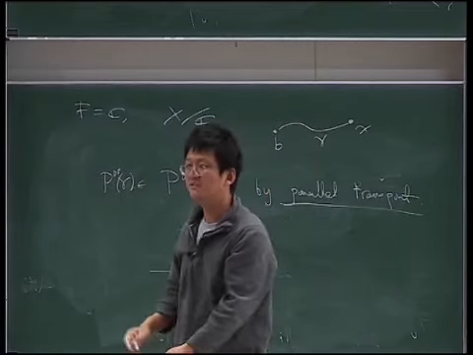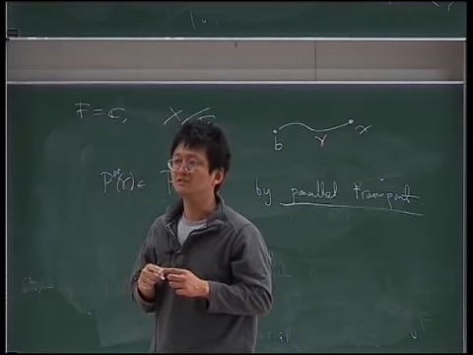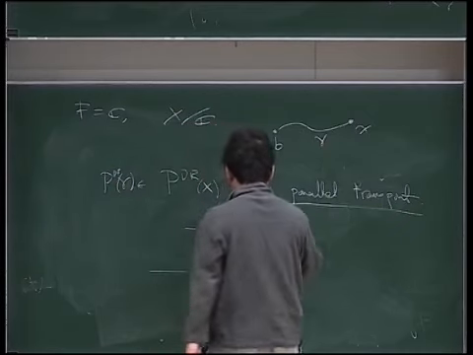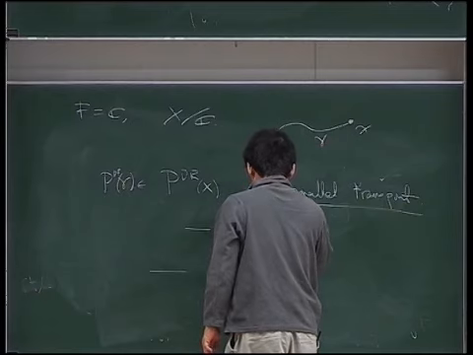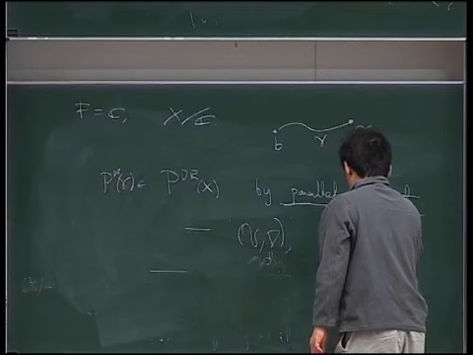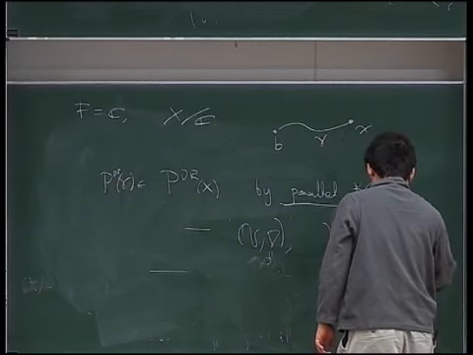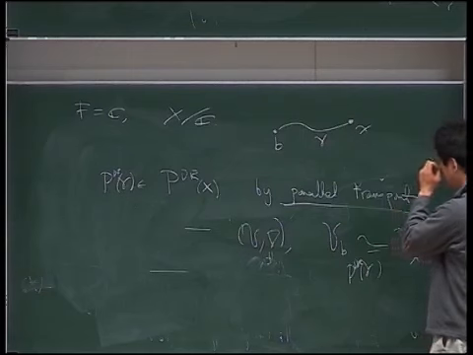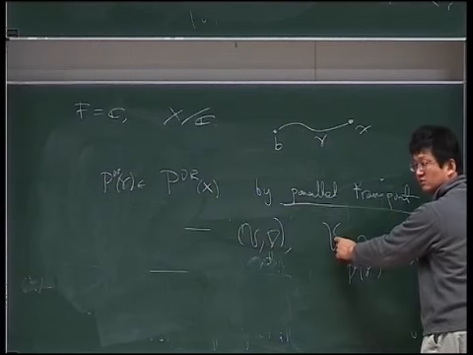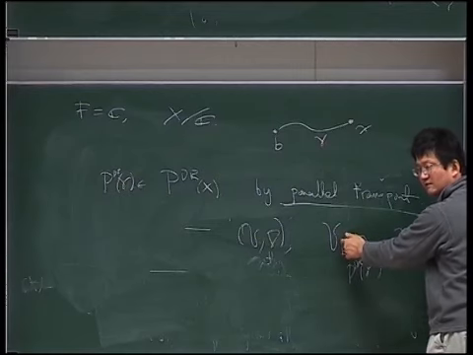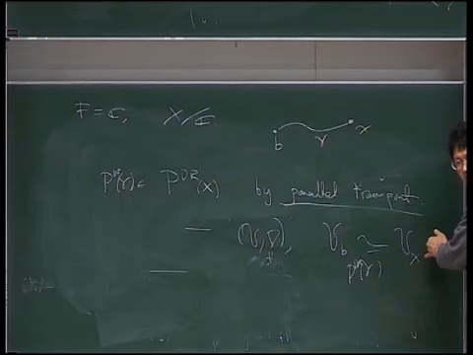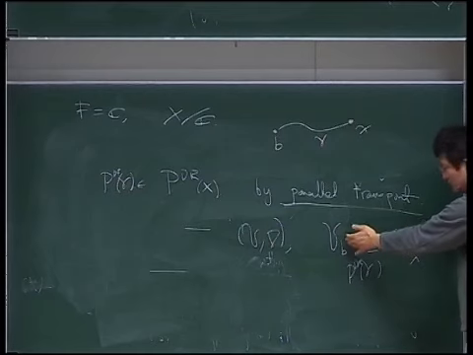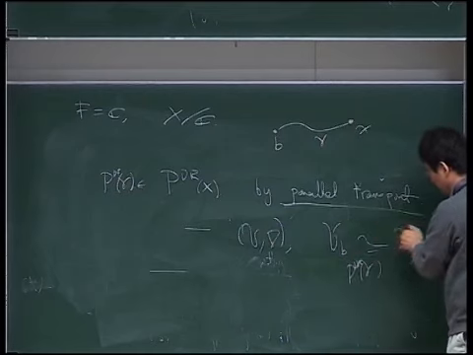You know? So if you have a bundle with flat connection, or a bundle with any connection, in fact, and any path, then there's a canonical map from the fiber at B to the fiber at X, determined by the path. Simply take any vector here, and choose the parallel section which takes that value, and take the value of the parallel section over here. You have to do it patch by patch, of course, and go over many times. But eventually there's this well-defined parallel transport of vectors from one fiber to another.